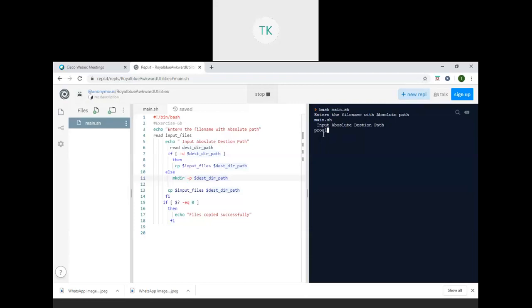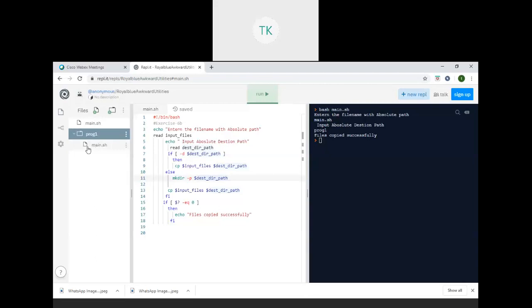Here, one thing: this program one is not present in this directory. It is not a directory. So it will create a directory with the name program one, and then it will create a file with program one, and then main.sh will be copied. So here the file is copied successfully. See here, one more item is created in the left first panel. You try to observe here, program one: a directory is created. Open that particular directory. What is there? In that directory there is a program called main.sh.